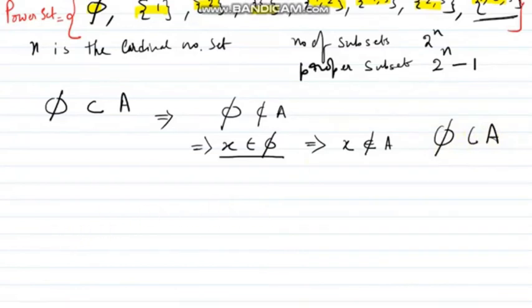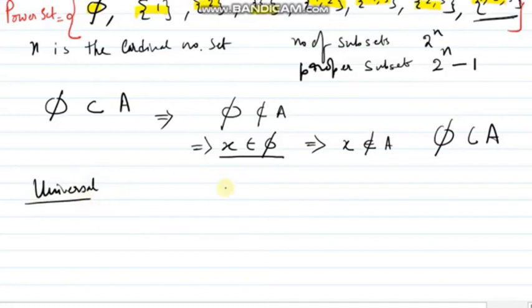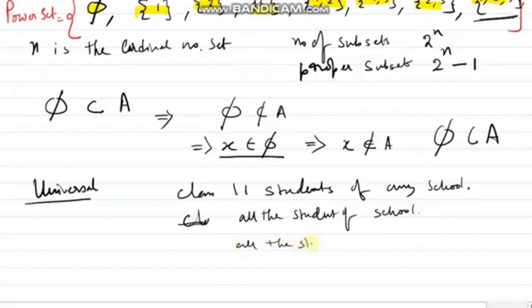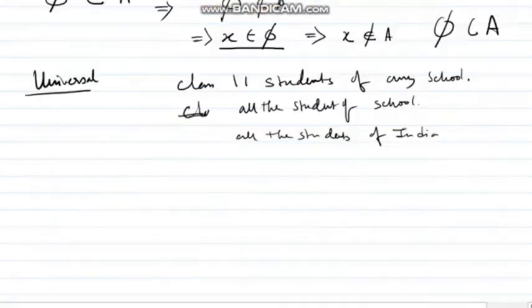Right? Now universal set. Every set is a part of one mother set. Like if I say class 11 students of any school, they are also part of all the students of the school. They are also part of all the students of India. So we can choose our universal set,